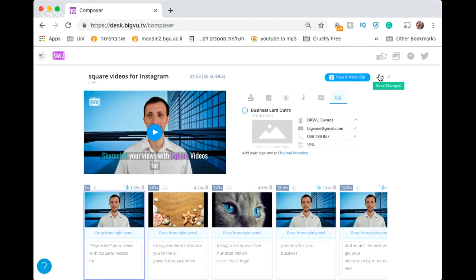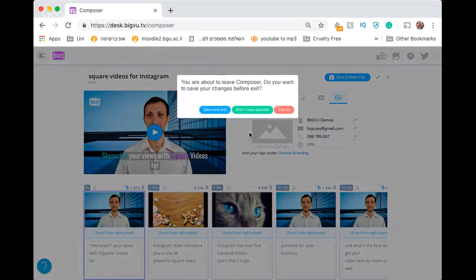As you go along, save your changes, and when you're happy with everything, just click Save and Make Clip. This will save the video, and you will be able to share it in the end. If you don't want it, just click on the X and decide if you want to save or cancel. So